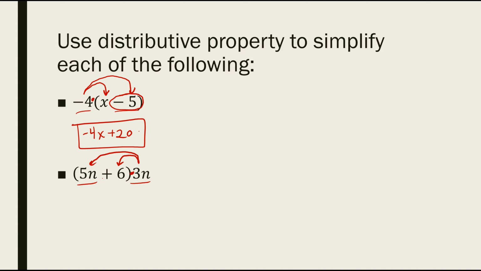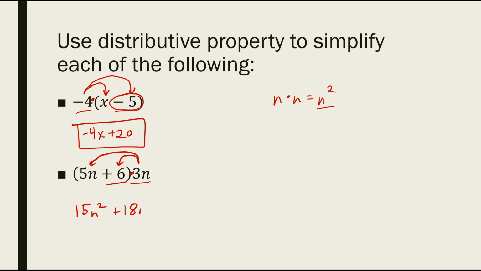Okay, 3n times 5n. So remember the rule here. I'm going to multiply the coefficients. 3 times 5 is 15. And then what's n times n? This is a good fact to know. Remember that a number times itself, we can put an exponent. So since it's the same thing times itself twice, I can just simply write n squared. So 15n squared. Then doing the 3n times positive 6, remember keep that sign to the left, that would be